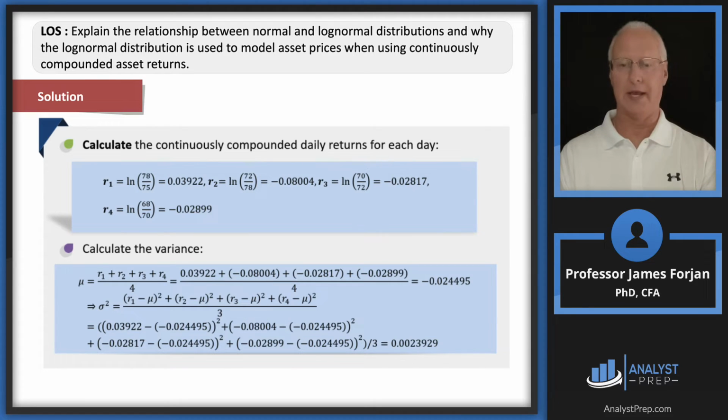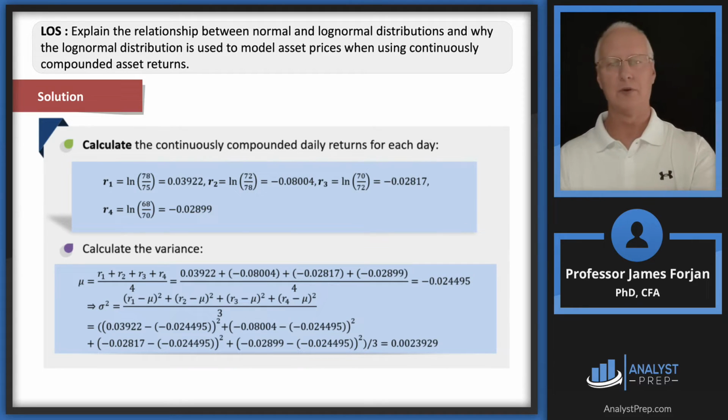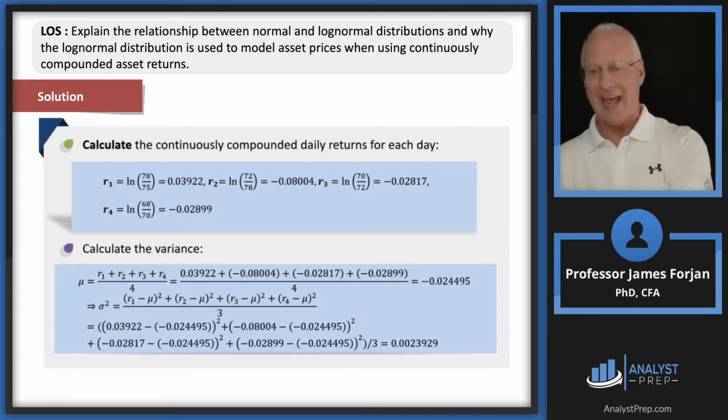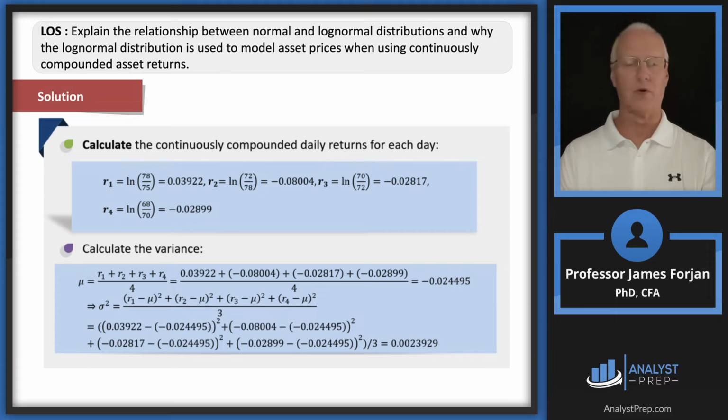So then let's go ahead and compute the variance of those daily returns. All we're going to do is take the difference between each outcome and the mean: the 39.22, the 80.04, the 28.17, the 28.99, and the 24.495. That's what we have down at the bottom of the second blue box. We square the difference just to get rid of the negative, sum all those and divide by 4, and you get